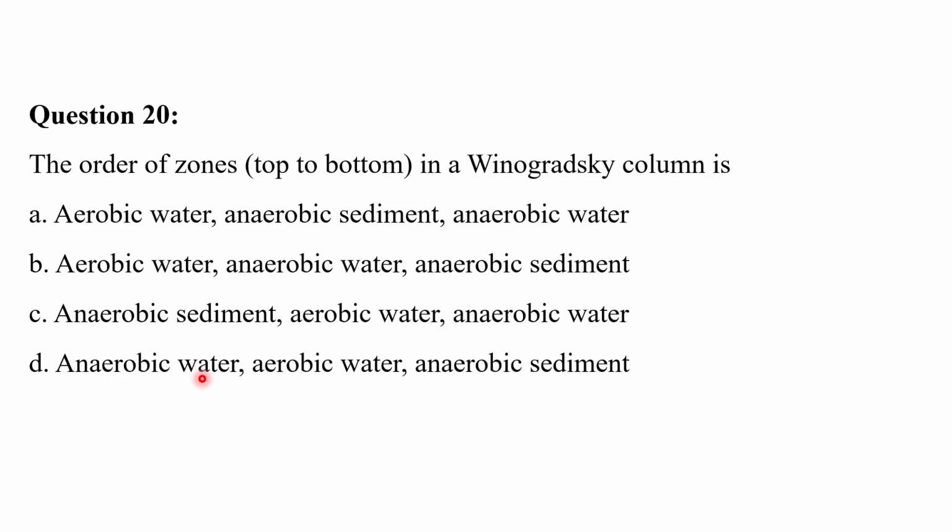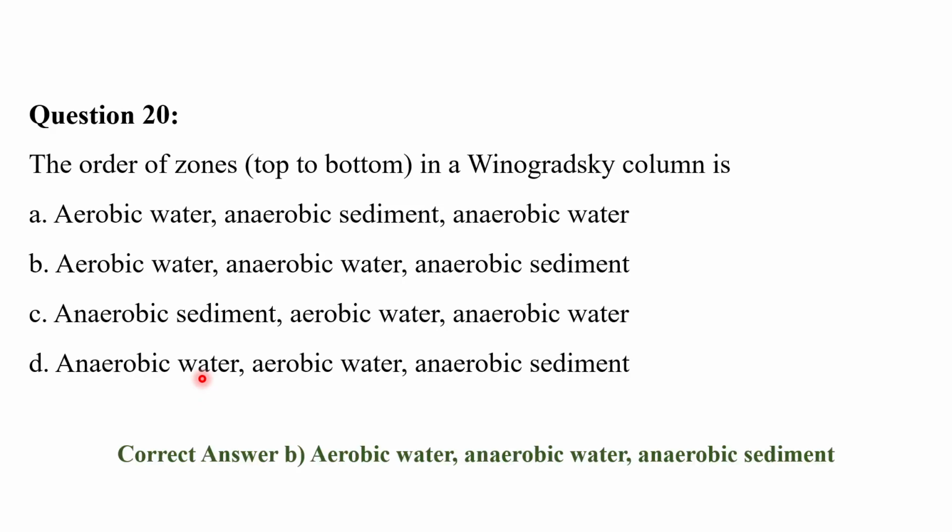Then the next layer would be anaerobic water, and then the anaerobic sediment. From top to bottom, bottommost layer is the anaerobic sediment. Over the sediment you will have the anaerobic water. Over the anaerobic water you will have the aerobic water. Okay, so that's how a Vinogradsky column is